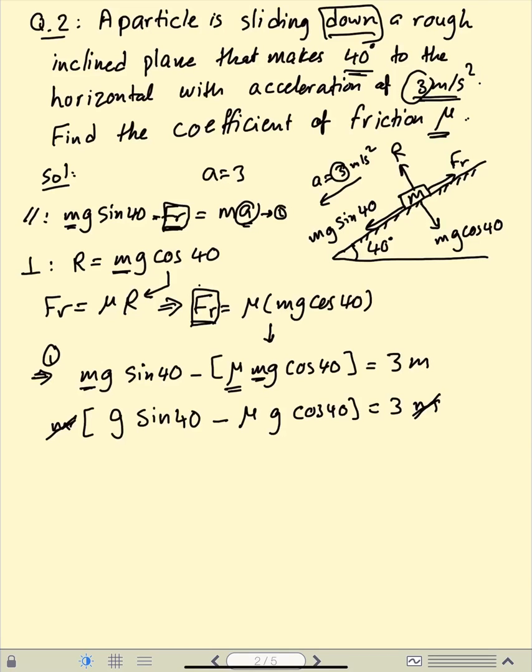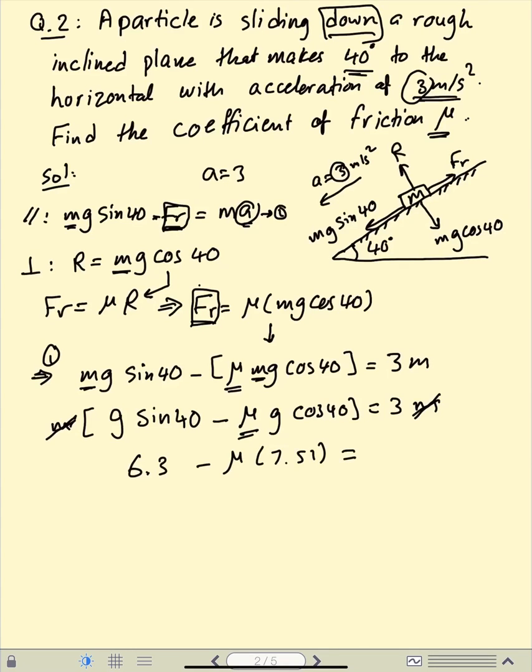The M quantities on both sides will be cancelled. By solving this now for mu, it's easy for all of us, but I will be helping you, calculating with you. 9.8 sine 40. It's better to do this in the exam. 6.3 minus mu, then multiply 9.8 cosine 40. It will give you